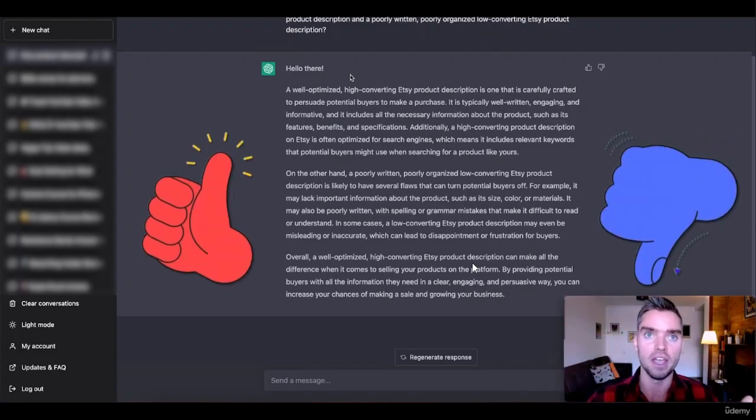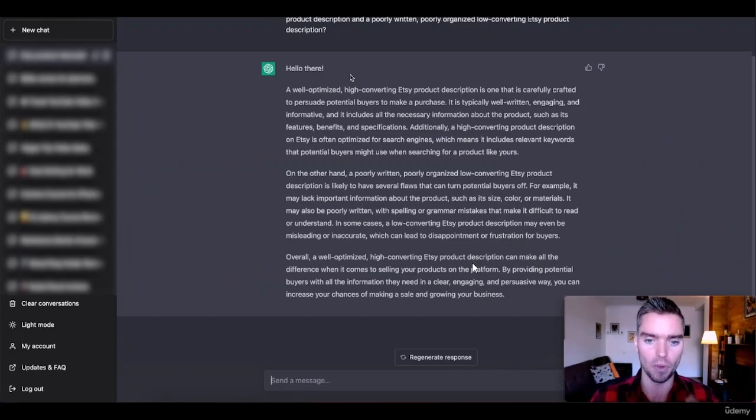That makes the AI think, okay, when they ask me to make it good, I know the difference between good and bad. It seems kind of redundant, but just follow the process, and this works super well. So that's step 1. We just primed the AI, and as you can see, we have a description of what makes good Etsy descriptions different from poorly written and optimized Etsy descriptions. You can read through that if you like, but we'll go ahead and move on